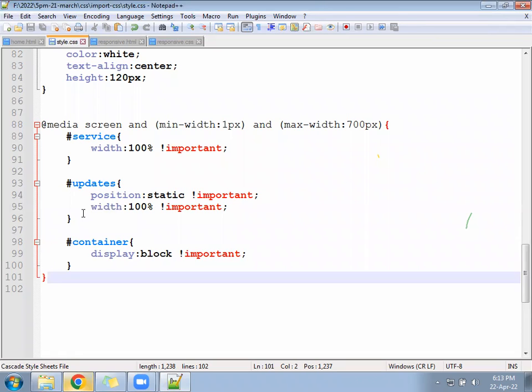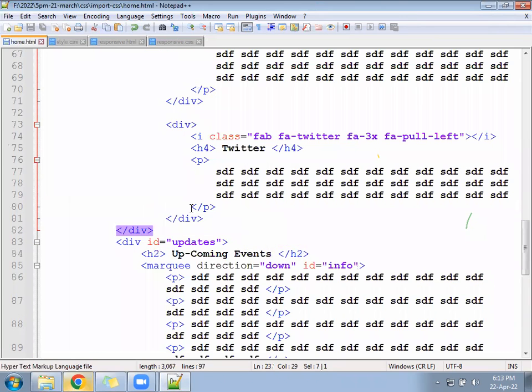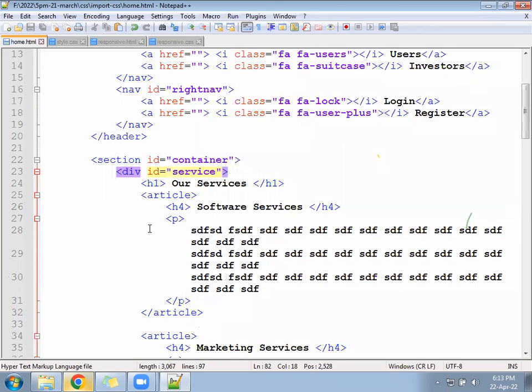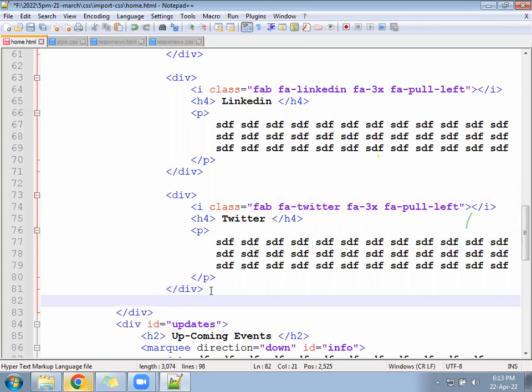Okay, ready? Come to the HTML where we have end with the Facebook and all. Somewhere we have written Facebook, right? Within the service block only at last. See, this service block is ending here. This is the service block, and you have used here float left class. Can you see the float left everywhere? So here at last we have to use the